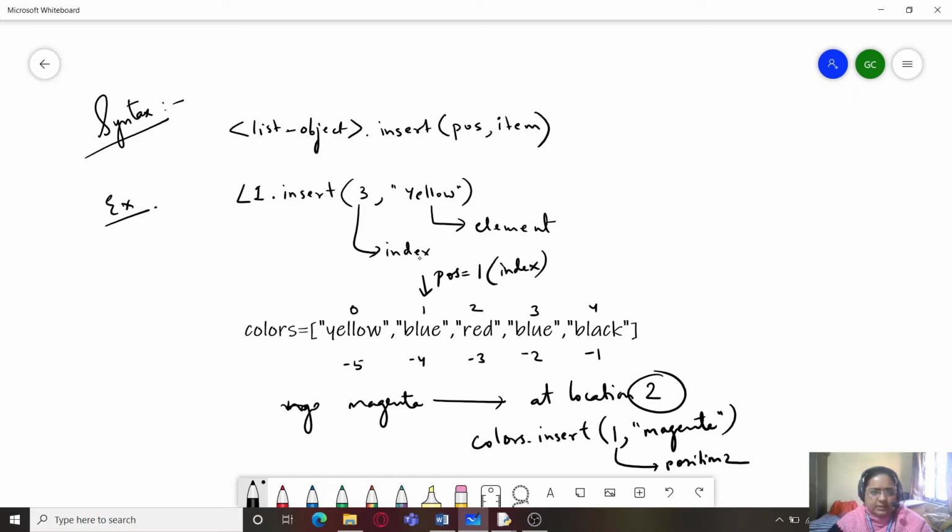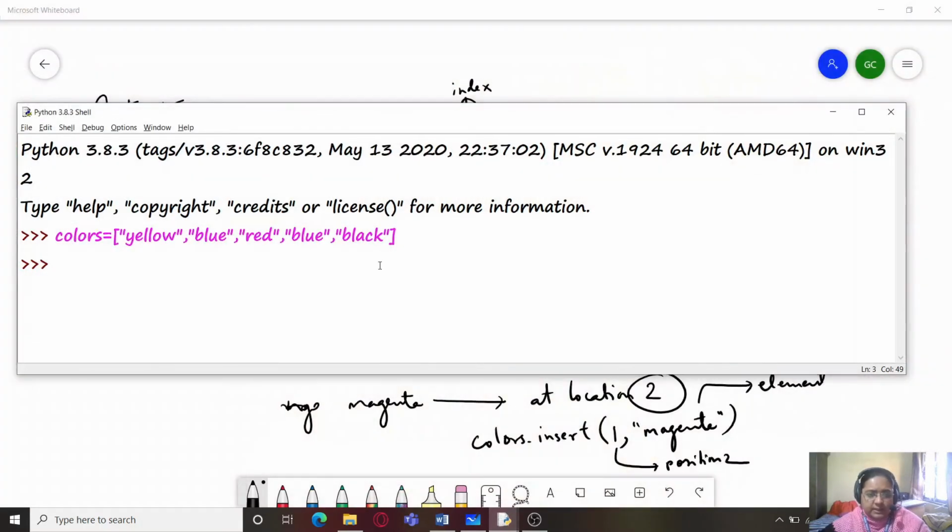Here we will not say pos, it is index. So this is position 2 and the element is magenta. Insert actually allows us to insert any element at any position within the list, unlike the append or extend function, which only allows us to add elements to the end of the list. So colors dot insert, position 1 and magenta.